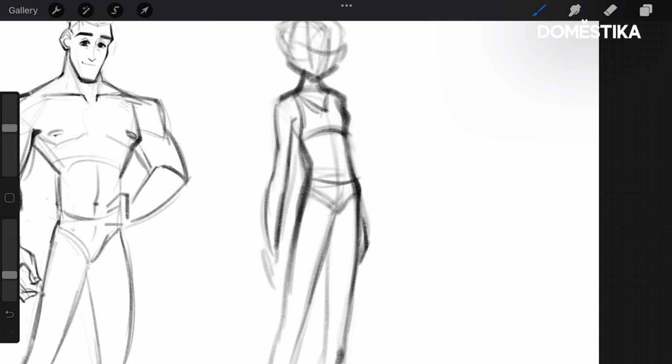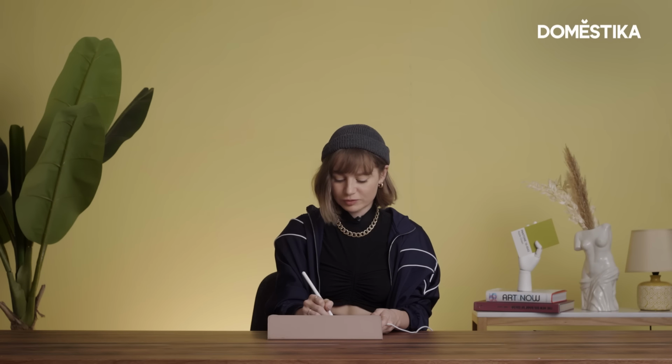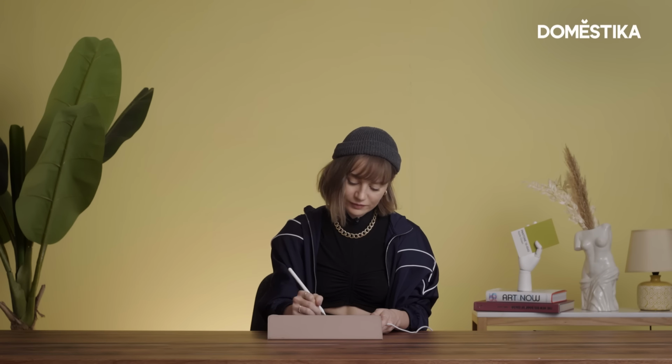So normally in a real human body, the thighs are the same length as the lower leg, but in character design sometimes you will see that exaggerated. So in some cases I like to make the lower leg a little bit shorter, because this breaks the silhouette and it makes it look a little bit more interesting and engaging. So now I'm just going to do some final touches.